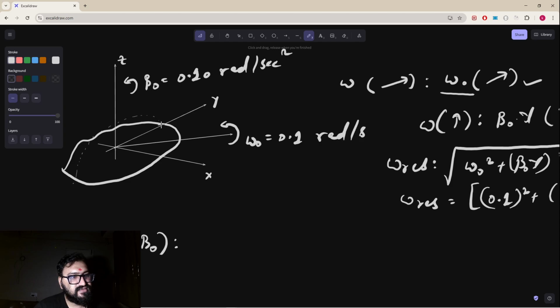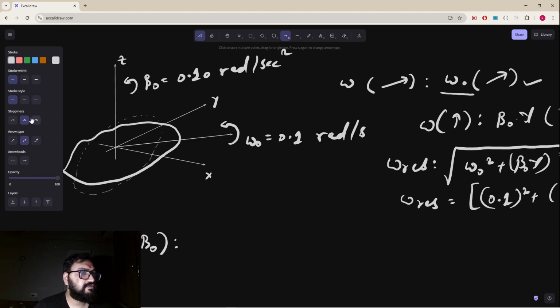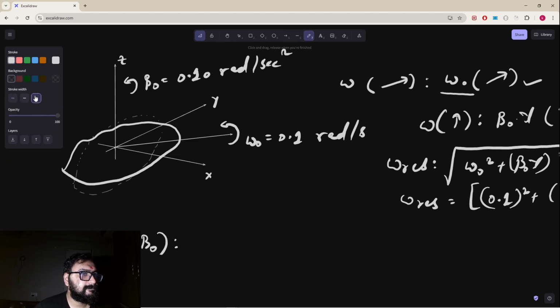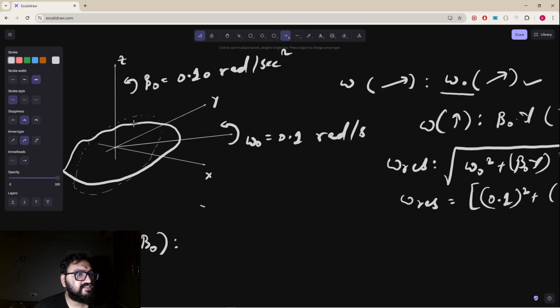It would be something like this. At this point also, this body will have an angular velocity whose magnitude will be equal to omega naught along